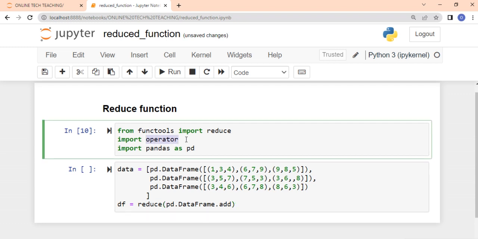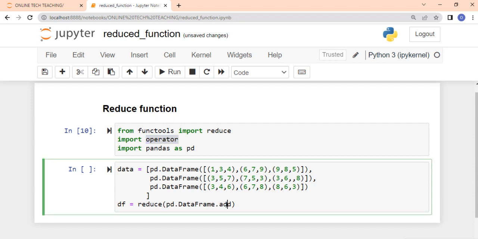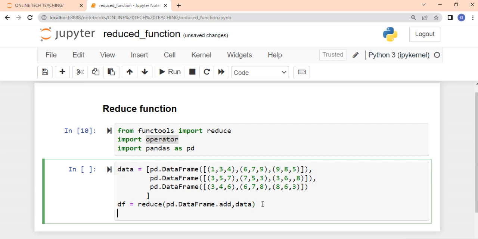You know when we talk about operators, we have addition, subtraction, multiplication, and division. So we are using what? Add. Now we are using this add. Then comma, pass it to what? Our data, which is the parent container that we defined initially. Then we can come and say okay,